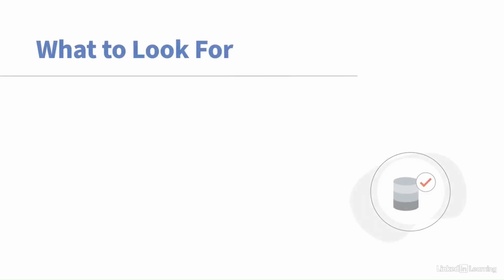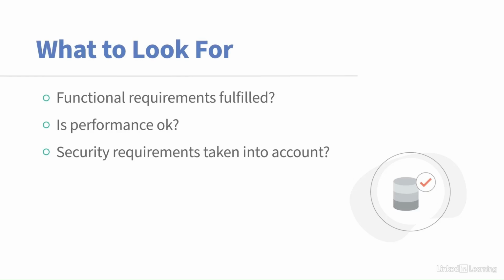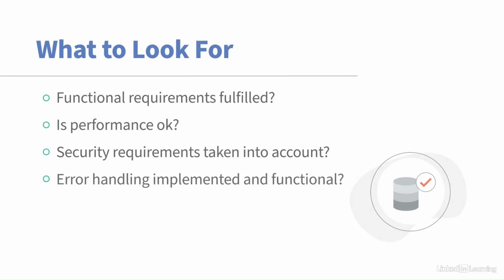So what are you going to look for in these tests? You're going to look for your KPIs, your functional requirements. Are they fulfilled? Generally, are functional requirements fulfilled? Is this delivering the results that I want? Is the performance okay? Is the performance as I expect it to be? Are security requirements taken into account and do they actually work? And then when you look at the bad data, is the error handling implemented? Is that functional? Is this throwing exceptions? Is this writing stuff in the log? Is this writing me good error messages for the bad data that is possible to arrive? You also need to think about